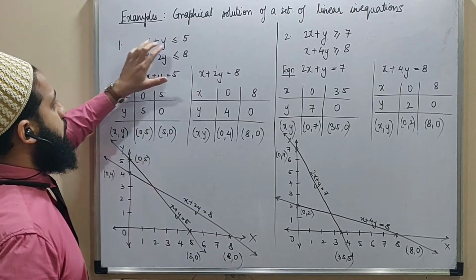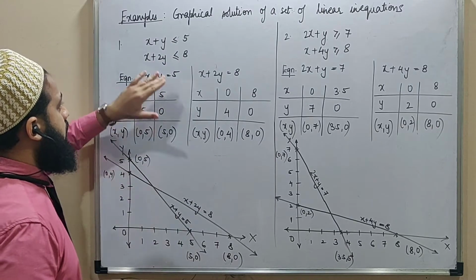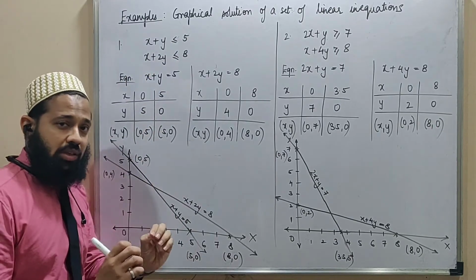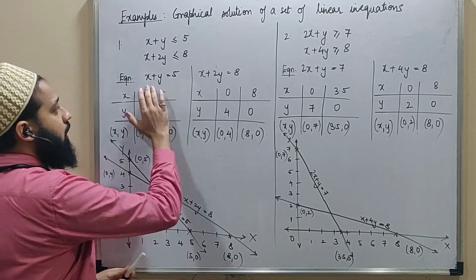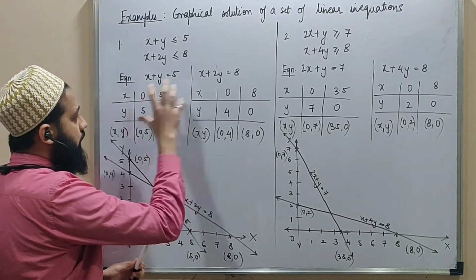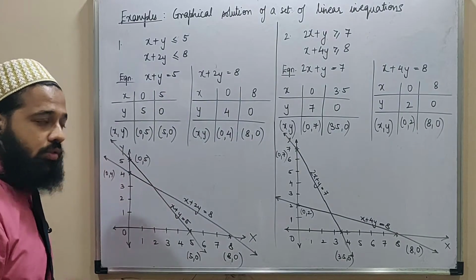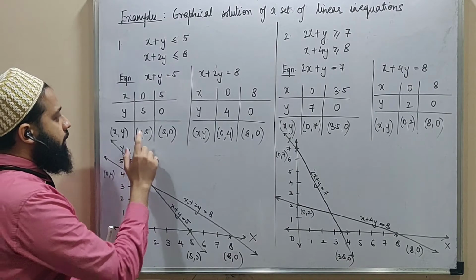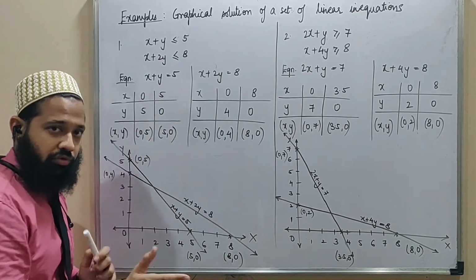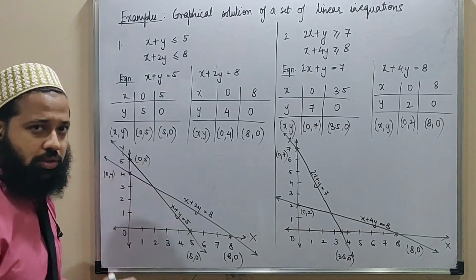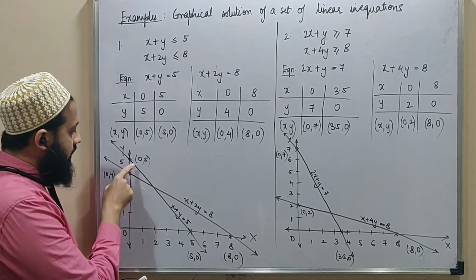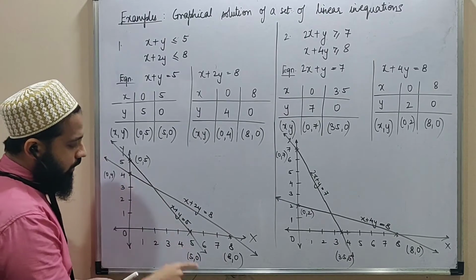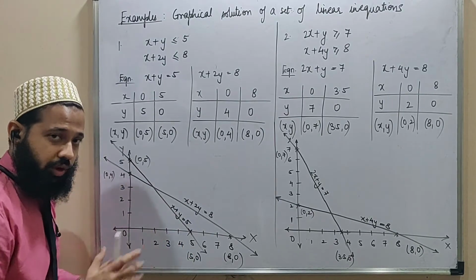We have here x plus y less than or equal to 5 as the first inequality and x plus 2y less than or equal to 8 as the second inequality. Basics remain the same. You make it into an equation. You get the coordinates which will help you to plot these as lines on the graph paper. Because it is x plus y equal to 5, I've got 0, 5 and 5, 0 very easily as the coordinates. You can see them. I've plotted 0, 5 here, 5, 0 is here, and a line joining them represents x plus y equal to 5.